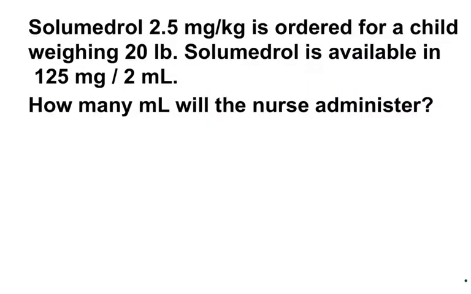Okay. So, now you have Solumedrol 2.5 milligrams per kilogram for a child weighing 20 pounds. Solumedrol is available in 125 milligrams per 2 mLs. How many milliliters will you give? So, first step, we have to change his weight. So to go from 20 pounds to kilograms, we do 20 divided by 2.2. And I have 9.1. Let's see what it was actually on the calculator, though. So let's see. 20 divided by 2.2. And I get